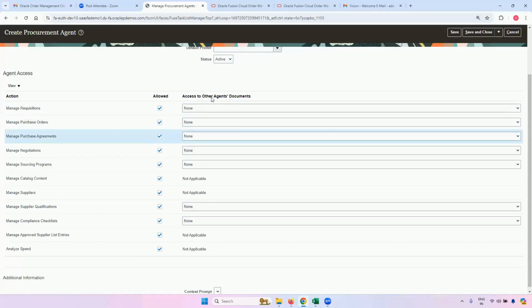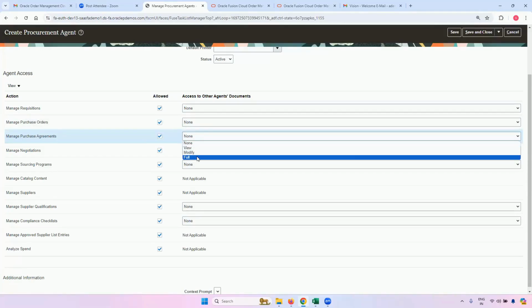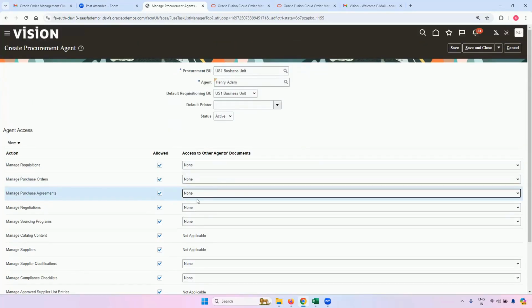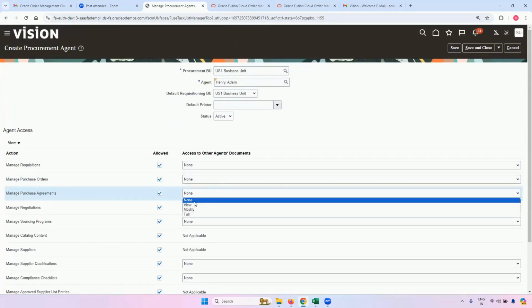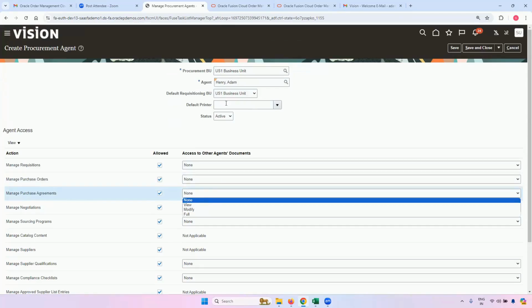Then there is access to other agents' documents. What does this mean? There are 4 options: none, view, modify, full. If you want this user to be able to view other agents' documents for this business unit, like you will have more people who will be a part of this business unit and who would have been defined as a procurement agent.